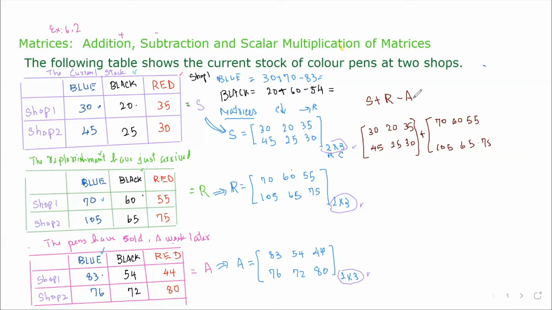I need more spaces here. So 75 here. Then minus, okay? Minus A, matrix A is what? 83, I squeeze it down here, okay? 54 here. And then 44 here. And this one gonna be 76, 72, 80,